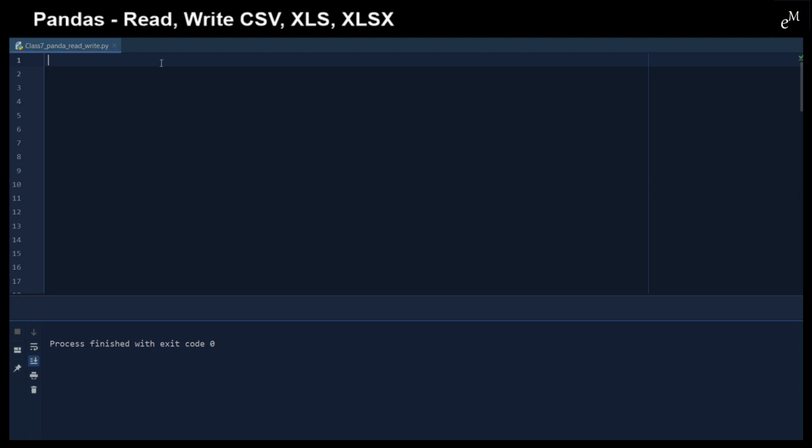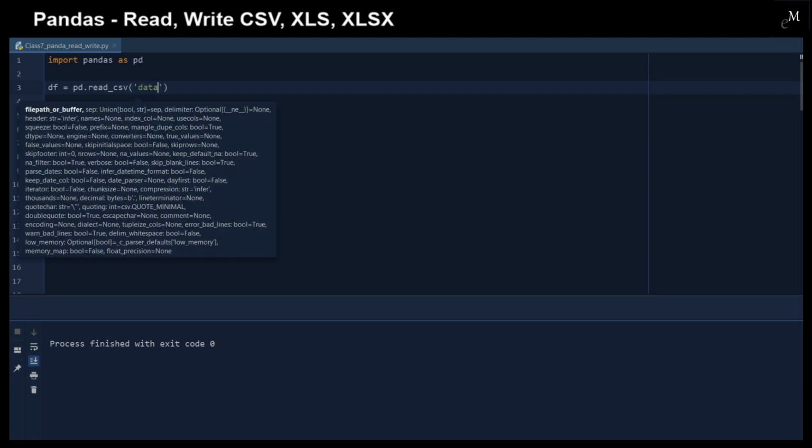In order for us to use Pandas, first of all, we have to import this module into the program. So here we import pandas as pd. So we use the pd dot functions. Here we would like to show the CSV first. So we just use read_csv, and then we provide the data file name,